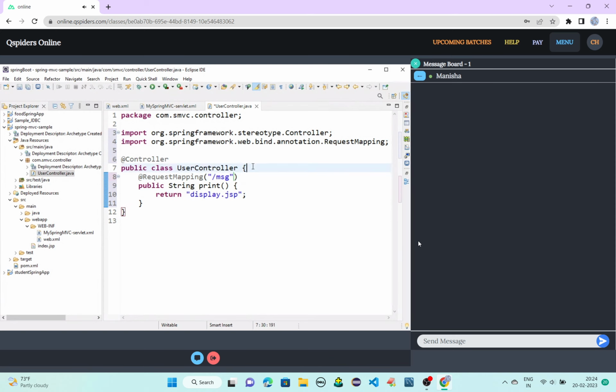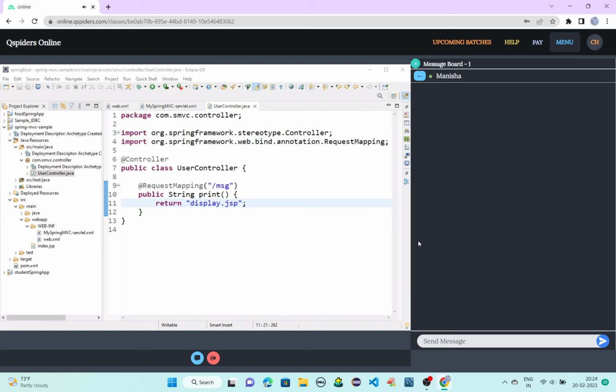The object is in the string format as of now, but actually it should be in the HTML format or in the JSP format. Correct?